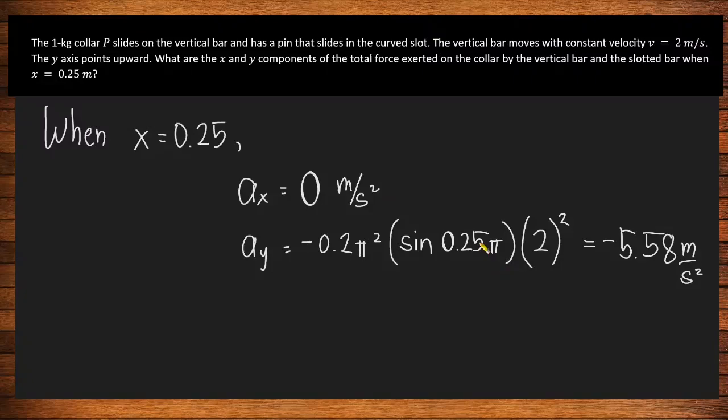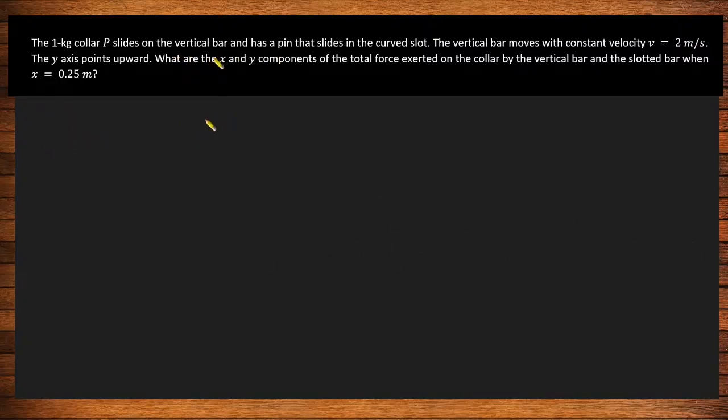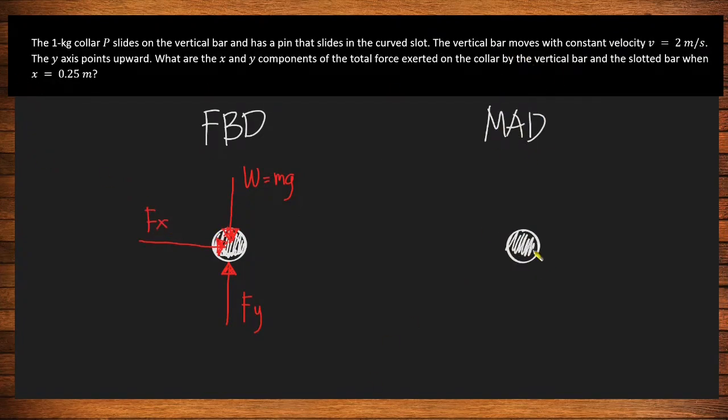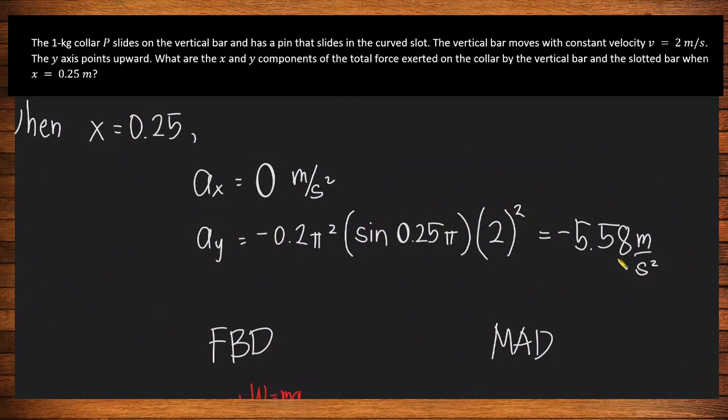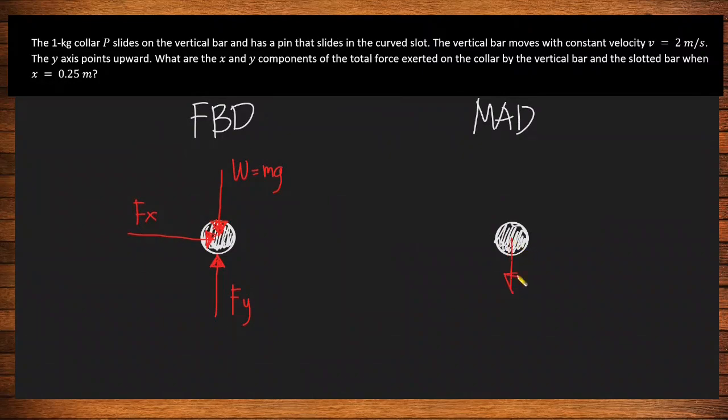So that means yung direction ng acceleration natin along the y direction is downwards. Now, we will proceed to kinetics. So again, first thing that you should do is to draw the free body diagram and the mass acceleration diagram of our particle. And then don't forget to indicate your coordinate axis as well as the direction of your positive